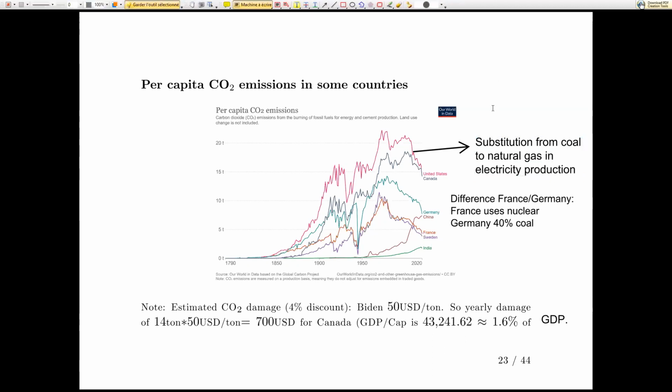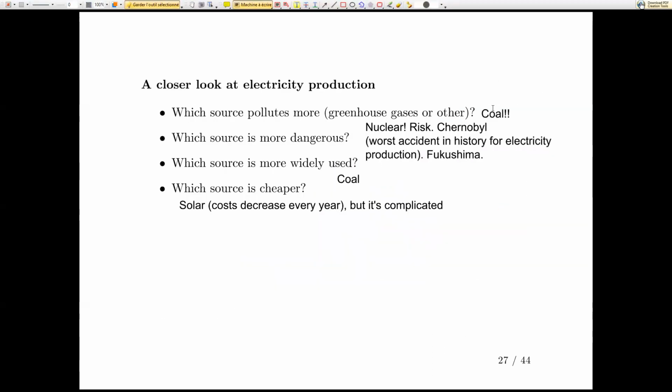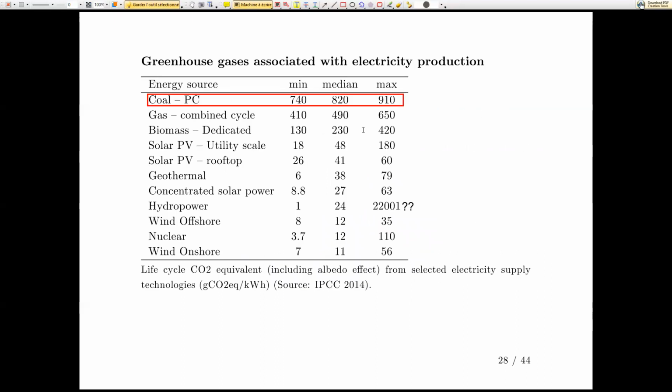So what does that mean? It means that gas is bad, but if you don't have anything else right now, it's better than nothing. In the short run, yes. So gas emits a lot, but as an emergency, let's just say a decent emergency replacement